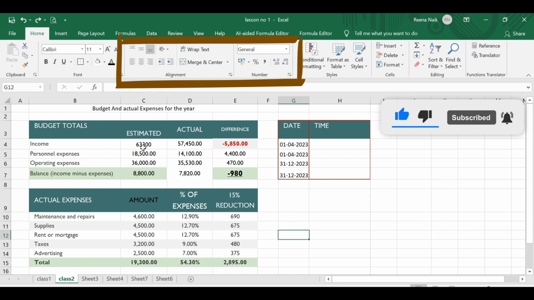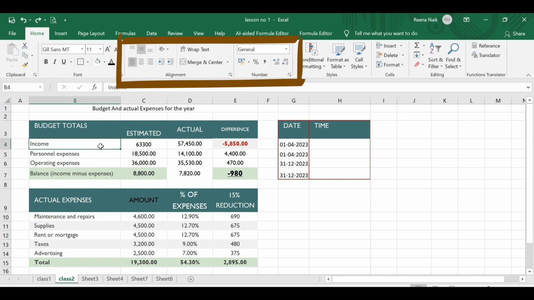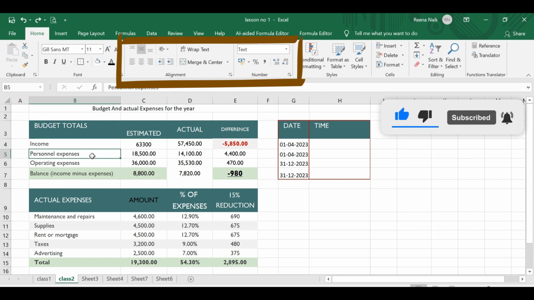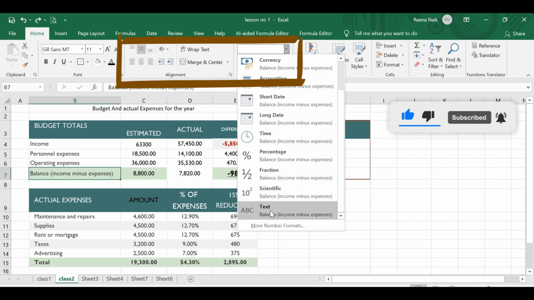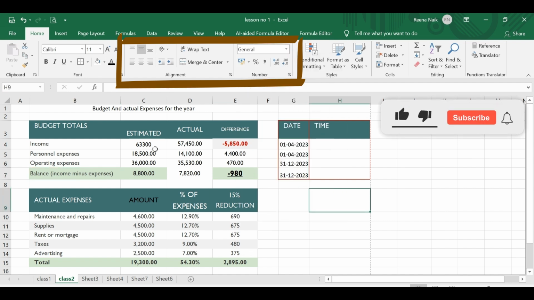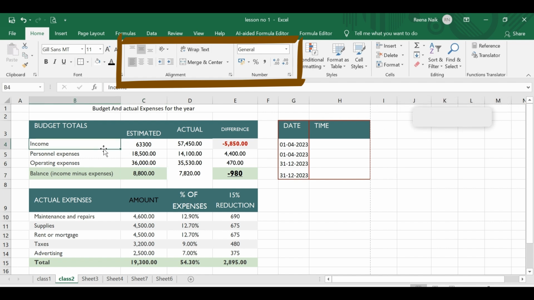Now the format of this cell is what? The format of this cell is general. What is the format of this cell? It is a text. What is the format of this cell? Again it is general. And what is the format of this cell? Let's put it like text. What is the format of this? General. What is the format of this? Number. Now, what is the difference between the general,